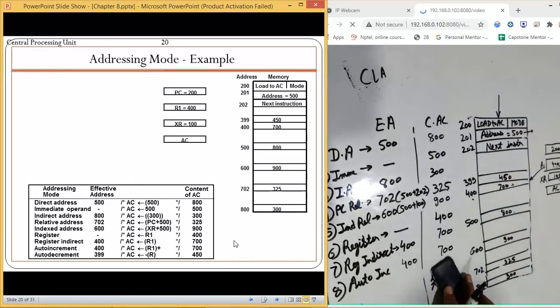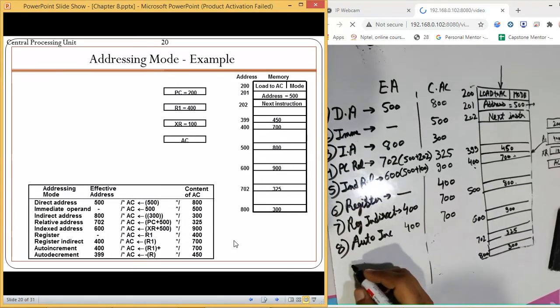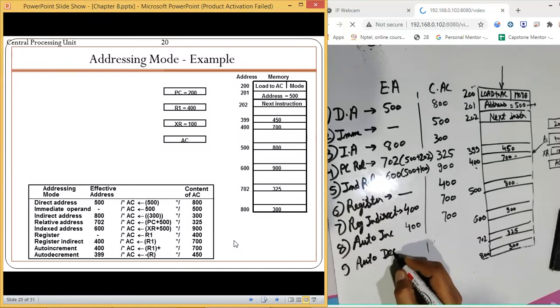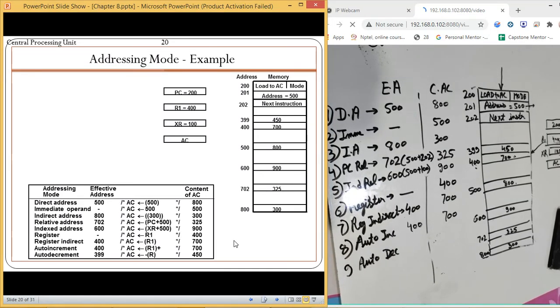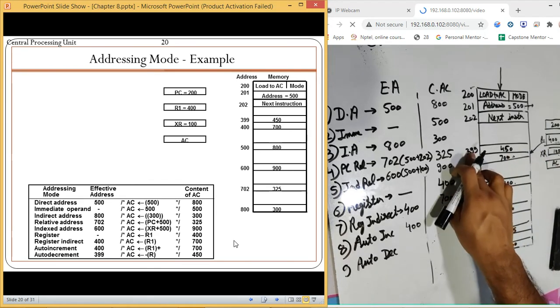But if we are performing the auto decrement, in the case of auto decrement this value was 400 earlier, then it will be changed to 399.